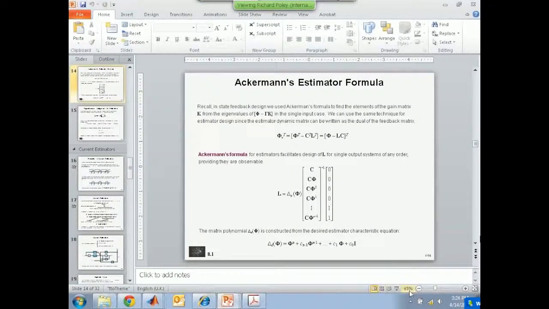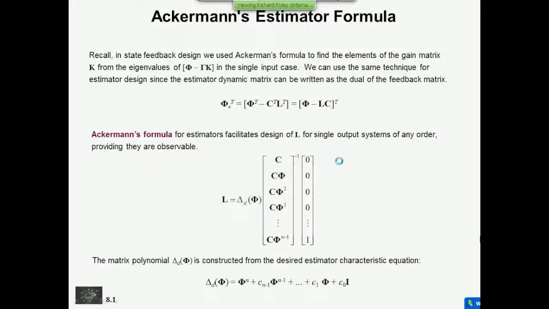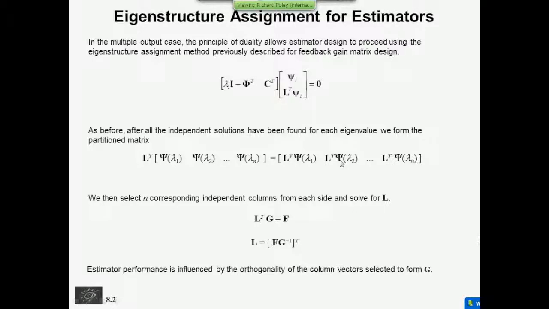So let's move on now. That was called a prediction estimator. Oh, rats, we've got one more thing to do. I only told you about the single output case. And you're going to hate me for this, but there is also the case where you have multiple outputs, and in that case, guess what? We use eigenstructure assignment, which I'll do you the favor of not stepping you through in quite so much detail as we did before, but it's based on exactly the same set of rules. All you do is exploit the property of duality to apply it.